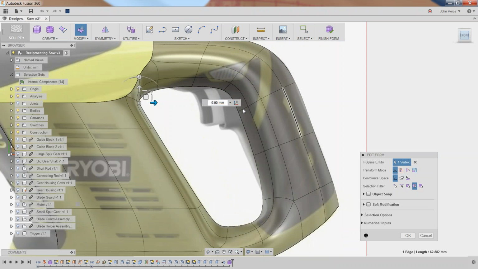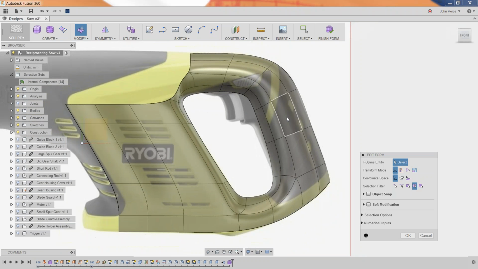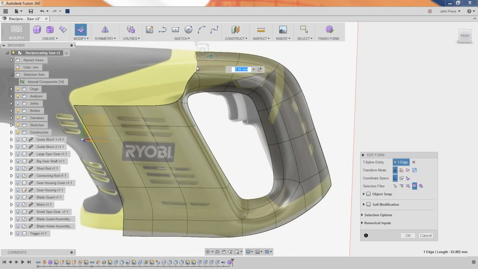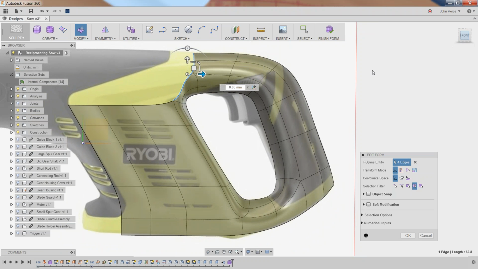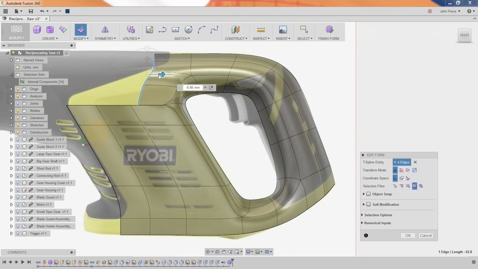The other thing that it's doing for you is it's maintaining a level of continuity that's often referred to as G2 continuous. And what that really means is that it's maintaining a better than tangent continuity across your surfaces. So you're always going to end up with very smooth, continuous surfaces when you're doing these